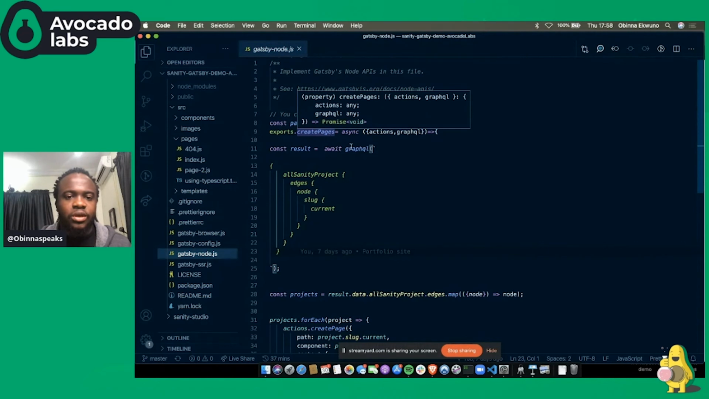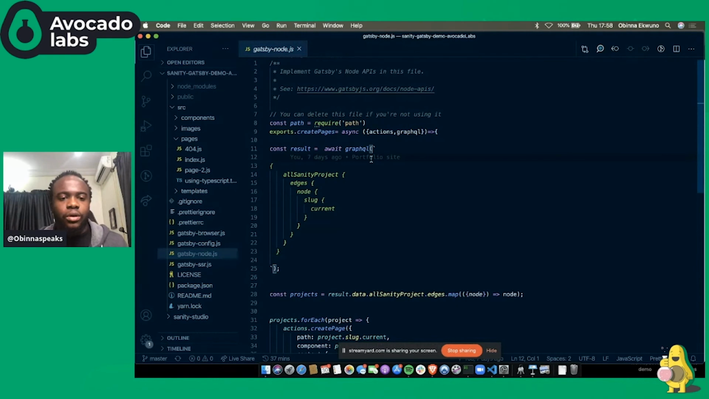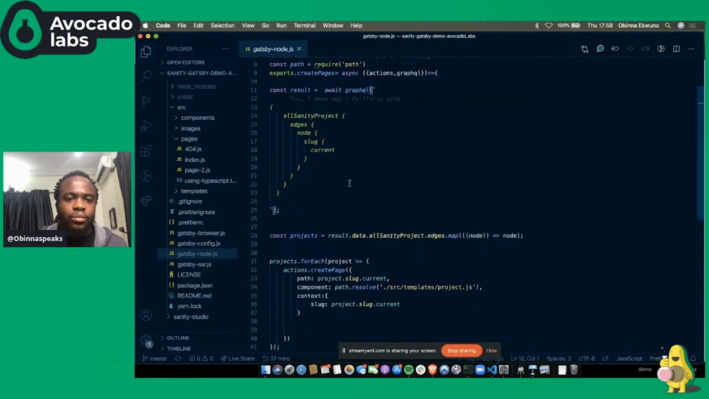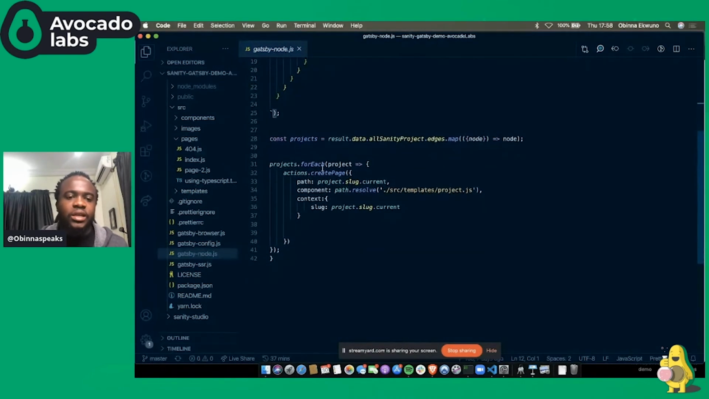If you see, it comes with actions and a GraphQL object here, and then you can query for your data in that same space, and then map out each of the same kind of thing I did the first time with projects and then results. And the thing to point out here is that the actions object has a create page function